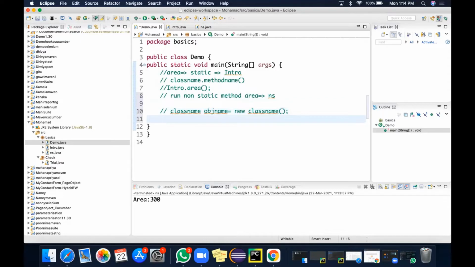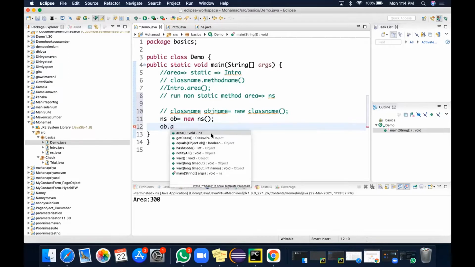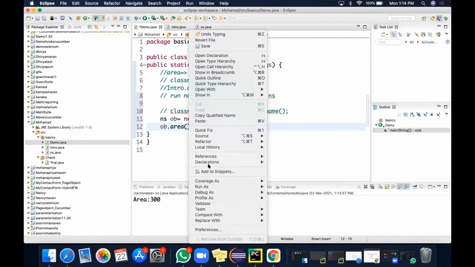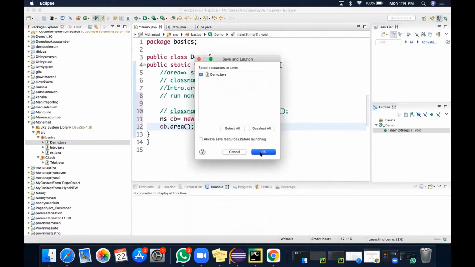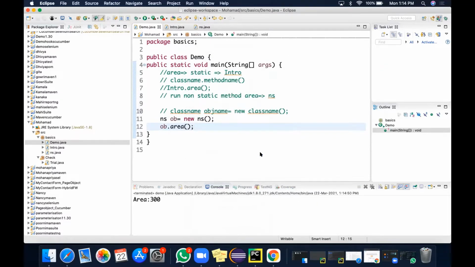So the class name here is NS, where our method is present. OB equal to new NS. And after that I can call that one. So it is OB dot area method I'm calling. So this is inside the same package I'm trying. Same as that of the static method, only the difference is in syntax.